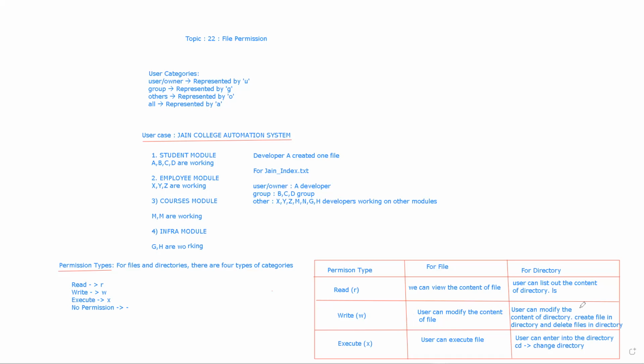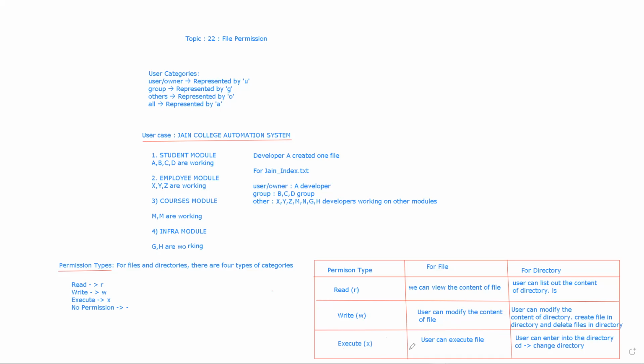And whenever we say a write permission on a directory, means what? The user can create files and add some new file to the directory, or delete the files in the directory. That is nothing but the write operation in the case of a directory. And when we say execute, right? Normally execute is for a program. So if it is a shell script file, once you execute it, it actually executes the program written in the shell script file, right? So whenever we say execute permission, the user can execute the file. That is specific to a file.